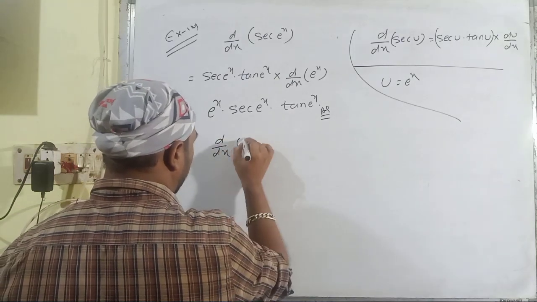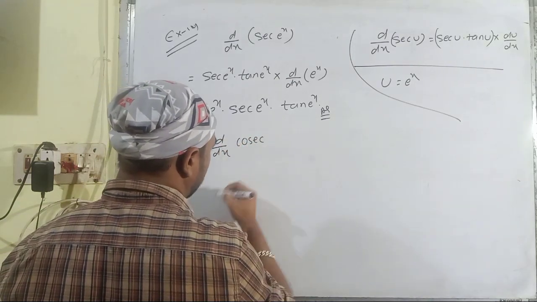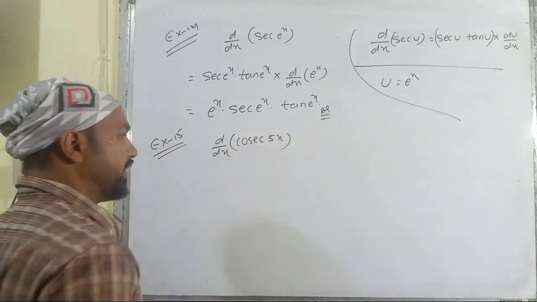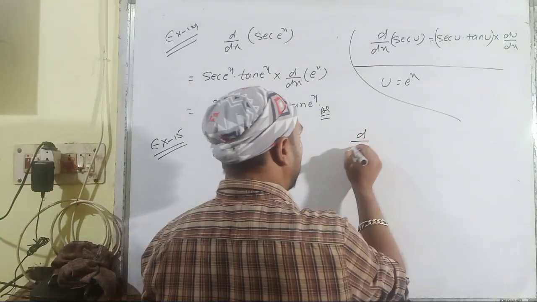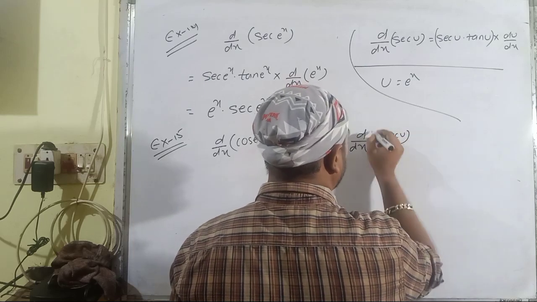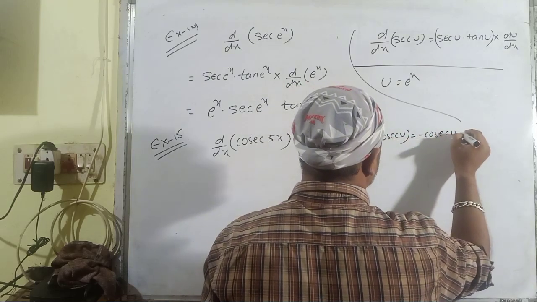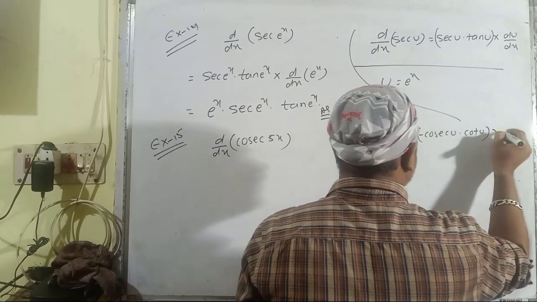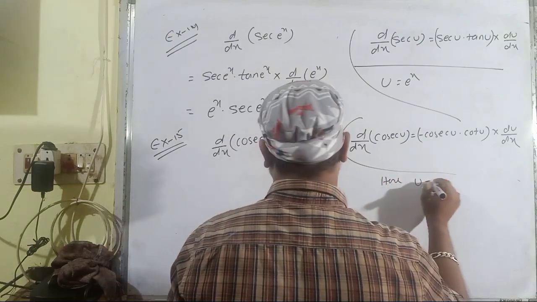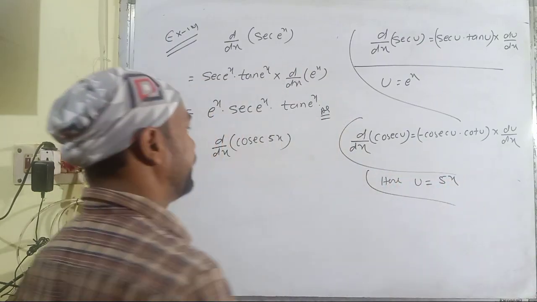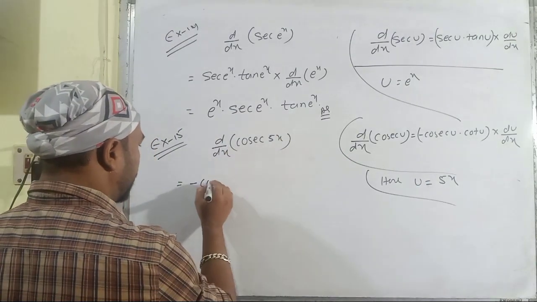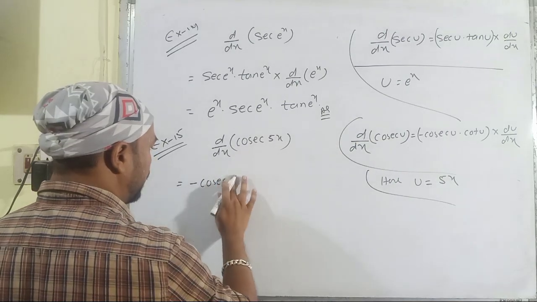Differentiation of cosec 5x. From the general formulas we know that the differentiation of cosec u is minus cosec u multiplied with cot u multiplied with the differentiation of u with respect to x, and here u is equal to 5x. So by applying this formula here, we have minus cosec u, that means cosec 5x,